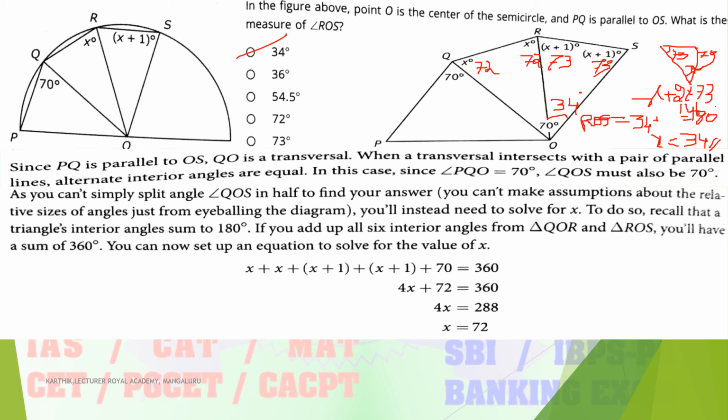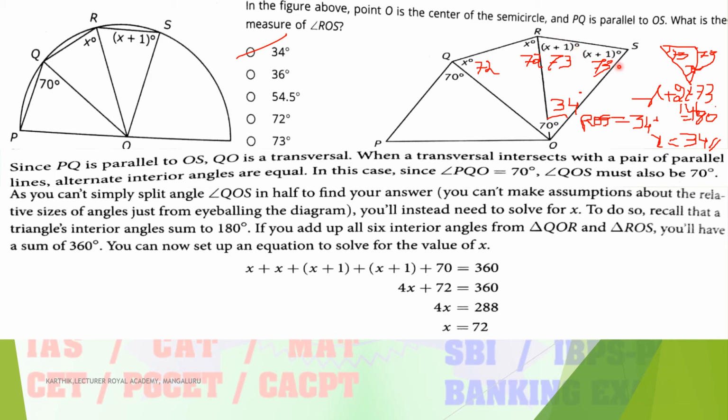Okay, I hope all of you understood. So opposite angles are equal. If it is two parallel lines, then opposite angles are equal, 70 degrees and 70 degrees. Then a total of four sides is there, 1, 2, 3, 4. So that four-sided figure is nothing but a parallelogram or rectangle. So the sum is equal to a total of 360 degrees. So for a triangle 180 degrees, for a rectangle 360 degrees, or a square is also 360 degrees. Then while simplifying, you will get the value of x is equal to 72.